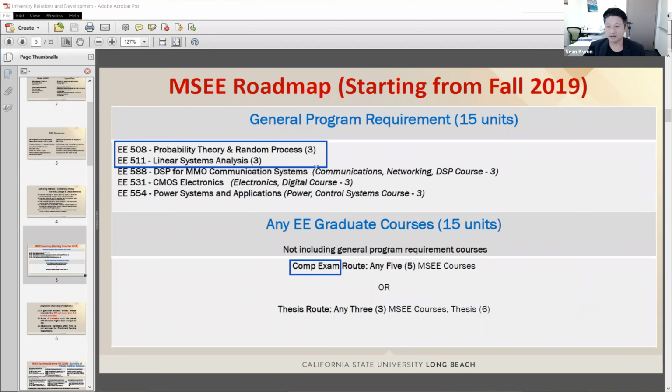But I think, as I checked, almost all of you joined the CSULB MSEE program in or after fall 2019. In that case, your subjects will be those 5 mandatory classes for your comprehensive exam.